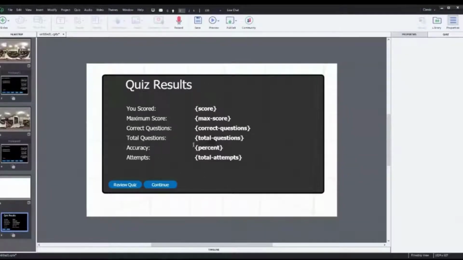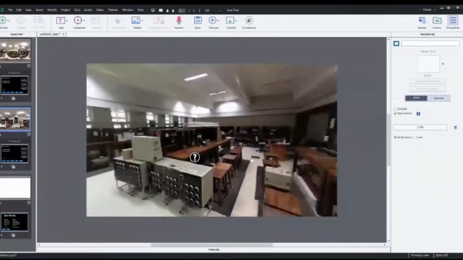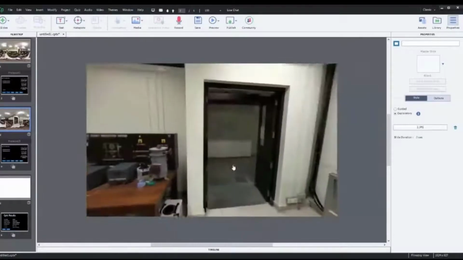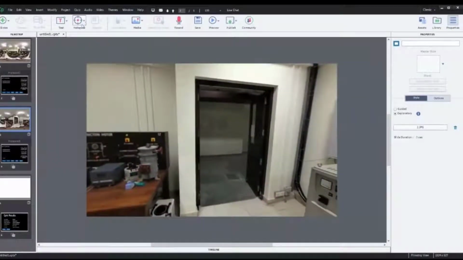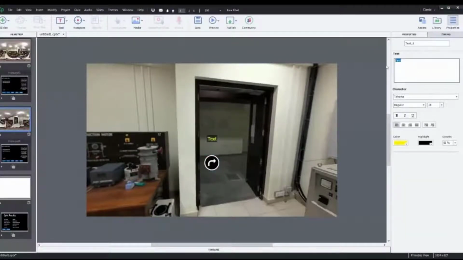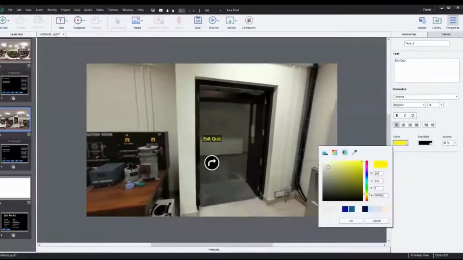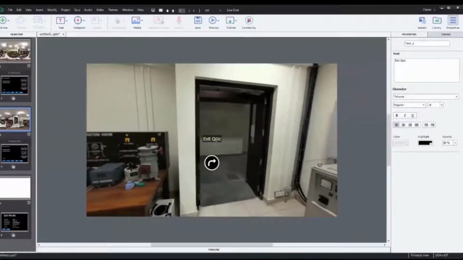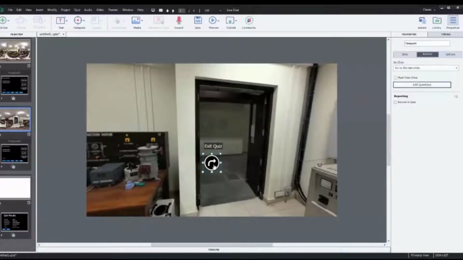But when this screen comes, I want this also to be augmented on this 360-degree environment. So what perhaps can be done at this point is I want the student to exit the lab, right? So I'm going to add one more icon here, say something like this. And I'll also add a supplementary text here and say exit quiz. There is nothing, no question attached to this.